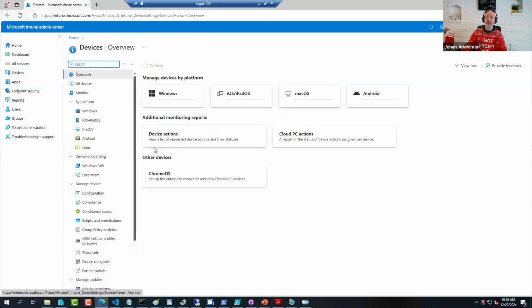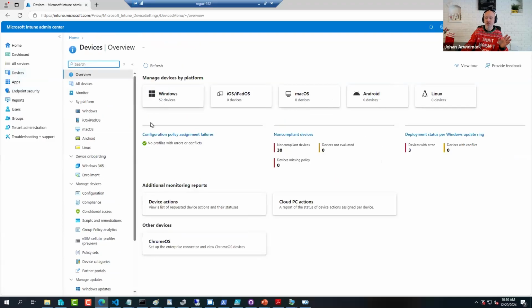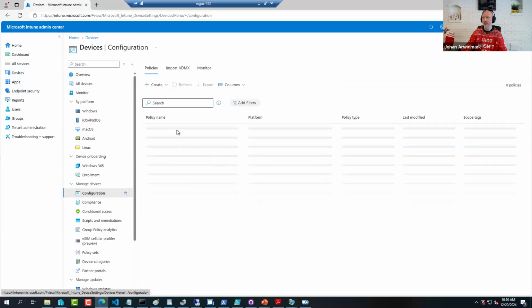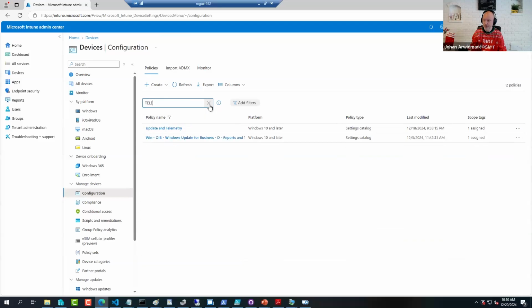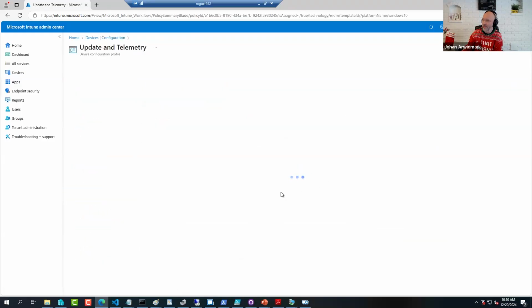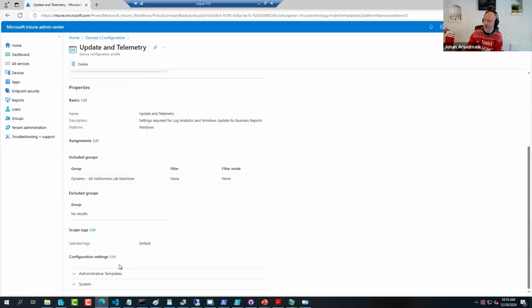You also need to have a device configuration policy for telemetry. I happen to call mine updates and telemetry. I thought I had it as update and telemetry. There we go, update without the S. How could I? Anyhow, if you look at these settings down here,